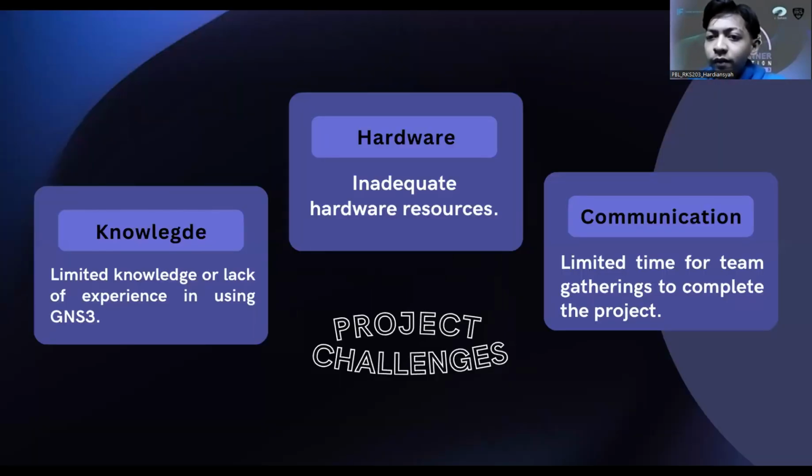The challenges we faced during the project were limited knowledge or lack of experience in using GNS3, inadequate hardware resources, and communication, with limited time for team gatherings to complete the project. Irvin will present next.